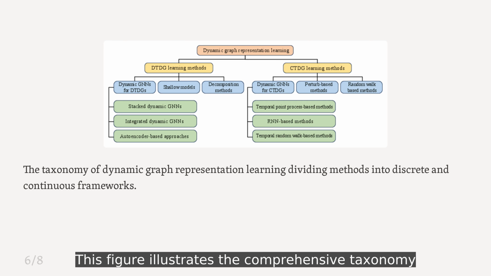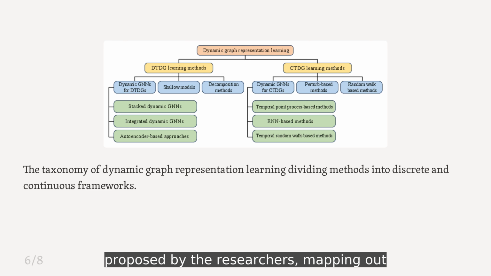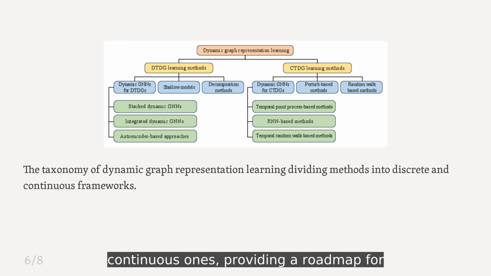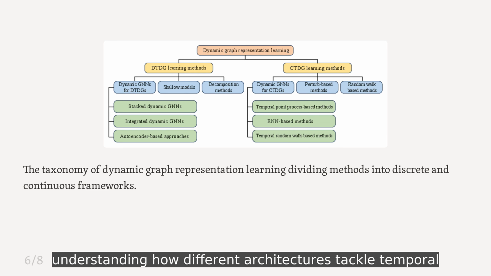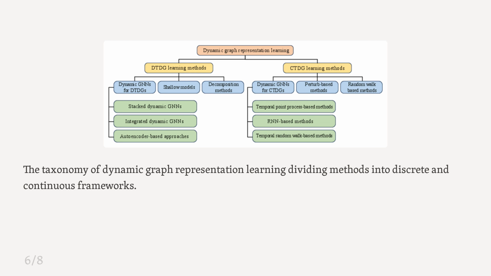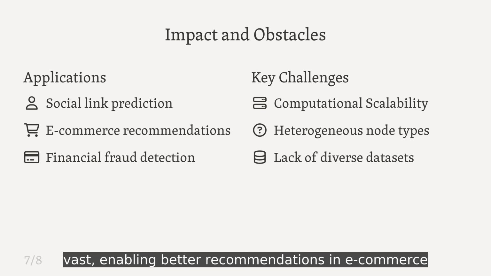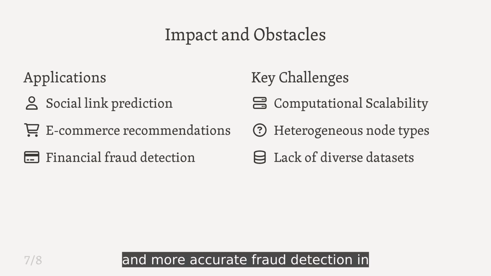This figure illustrates the comprehensive taxonomy proposed by the researchers, mapping out the entire landscape of dynamic graph representation learning. It visually separates the snapshot-based discrete methods from the event-based continuous ones, providing a roadmap for understanding how different architectures tackle temporal data. The implications of this technology are vast, enabling better recommendations in e-commerce and more accurate fraud detection